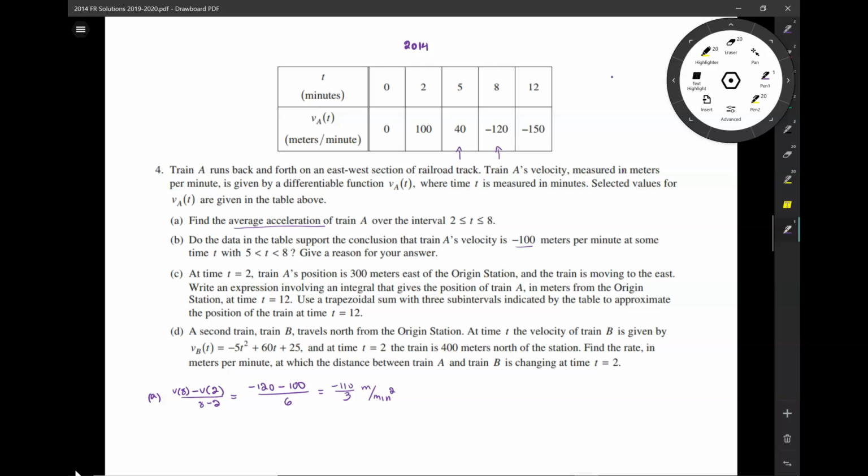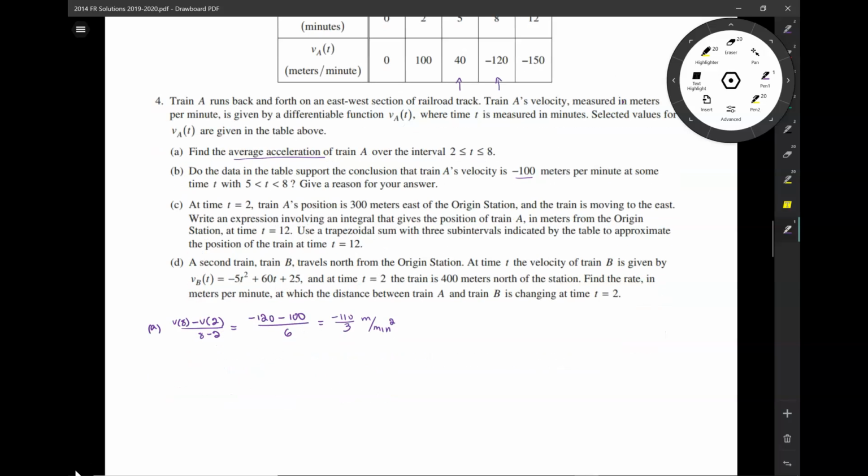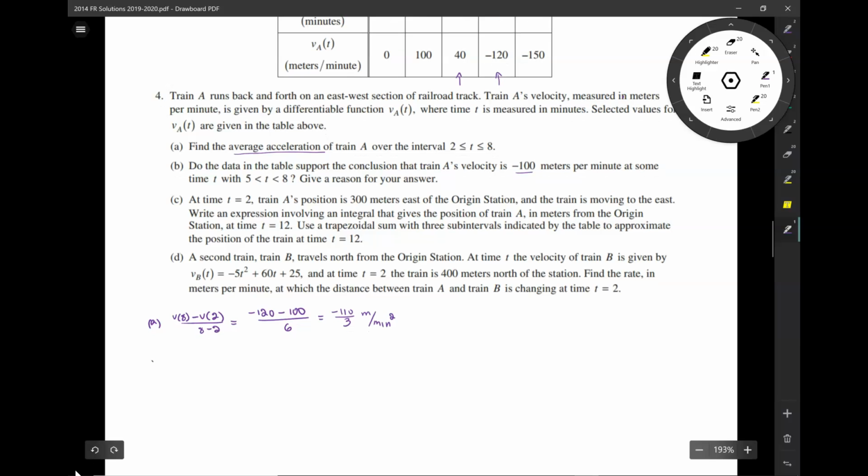And mathematically, what's the principle or the theorem that tells us the same thing? Well, that's the mean value theorem. So first, now we have to say, okay, is this a differentiable function? And yes, it is. Does that mean it's continuous? Yes, it is. So here's what we're going to say. We're going to first establish that VA is differentiable, which means it's continuous. So then we say, since the velocity at t equals 5 is 40, and the velocity at t equals 8 is negative 120,